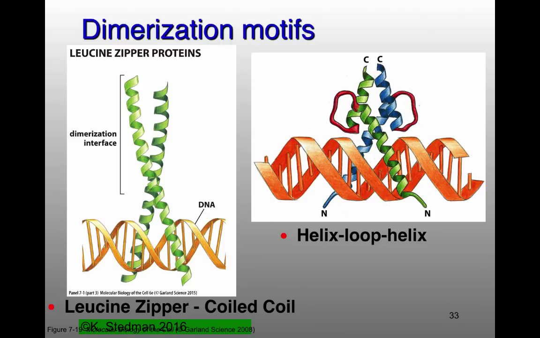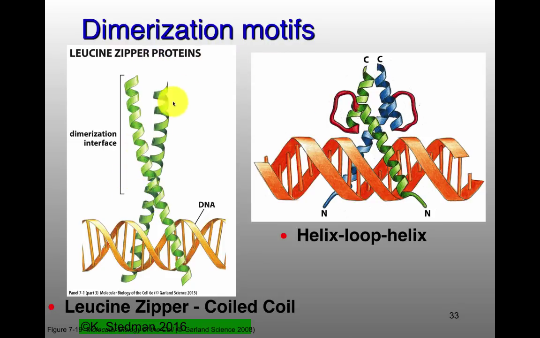There, I shouldn't say basic because that's something else, but two fundamental motifs that you see a lot for dimerization. One is the leucine zipper, and all that is two alpha helices with a large hydrophobic amino acid side chain every 7 amino acids. And this is very different than what you see in Crow. You've got very specific amino acids there. Here, you can have large hydrophobic amino acids, usually leucine, but it could be lots of other ones as well. And so just because of that, you have a dimerization which can happen due to interactions of these two helices.